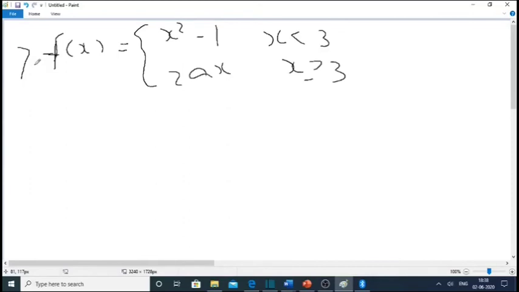For what values of a is f of x equal to x square minus 1 when x less than 3, equal to 2ax when x greater than or equal to 3, continuous at every x. അപ്പോൾ നമുക്ക് തന്നിരിക്കുന്ന ഈ വാല്യൂസിൽ ഇത് കണ്ടിന്യൂസ് ആണെന്നാണ്. അതിൽ നിന്ന് നമ്മൾ എയുടെ വാല്യൂ കണ്ടുപിടിക്കണം. അപ്പോൾ നമ്മൾ ഇതിൻ്റെ ലിമിറ്റ് അറ്റ് എക്സ് ടെൻഡ്സ് ടു 3 മൈനസും 3 പ്ലസും ഇവാലുവേറ്റ് ചെയ്യുക. അത് ലിമിറ്റ് എക്സിസ്റ്റ് ചെയ്യുന്നതുകൊണ്ട് അത് രണ്ടും കൂടെ കോയിൻസൈഡ് ചെയ്യും. എന്നിട്ട് അത് രണ്ടും കൂടെ ഇക്വേറ്റ് ചെയ്തിട്ട് എയുടെ വാല്യൂ കണ്ടുപിടിക്കുക. അതാണ് ഇവിടെ ചെയ്യുന്നത്. സിൻസ് എഫ് ഓഫ് എക്സ് ഈസ് കണ്ടിന്യൂസ്